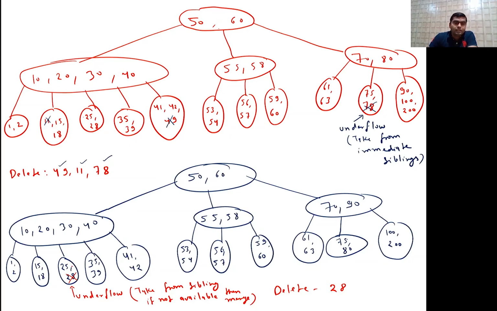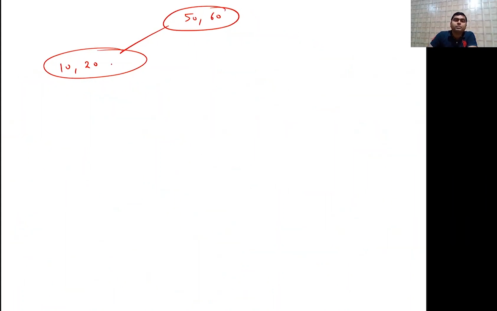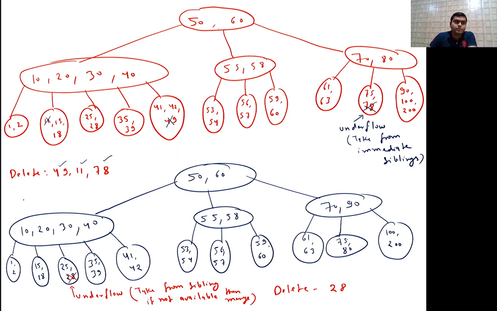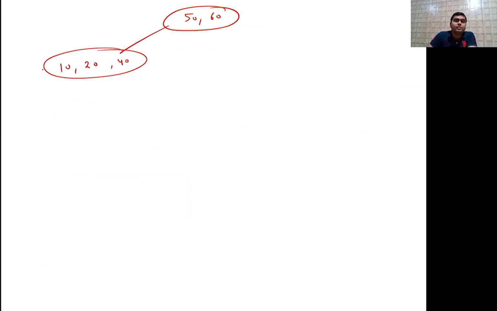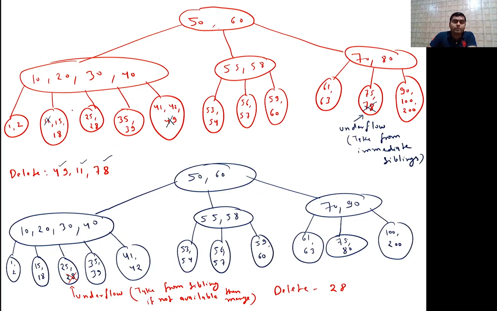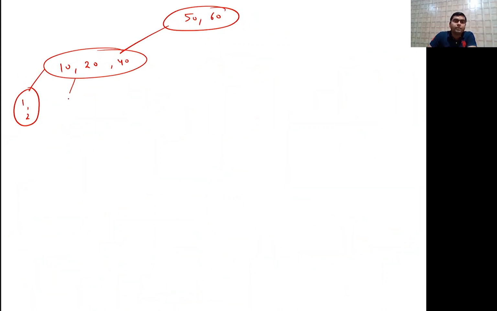this 30 will get combined here, right? Then what will come here? The remaining part is 40. So over here, what is 40? 10, 20 and 40. Observe very carefully, it will be self explanatory. 1 and 2 I will explain, don't worry. So it is 1 and 2. So this part is 1 comma 2, and in between is 15 and 18. 15 and 18, so there were two elements, that is why it is not in the position to give.